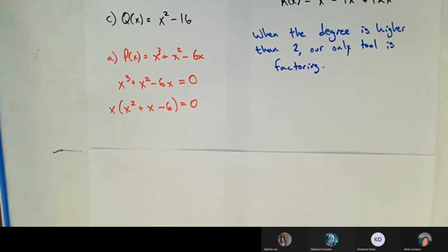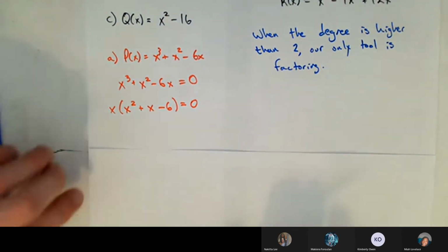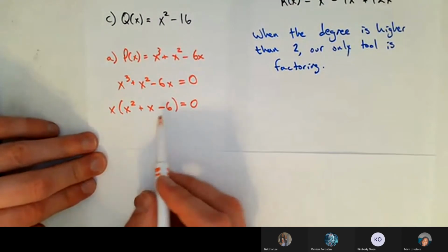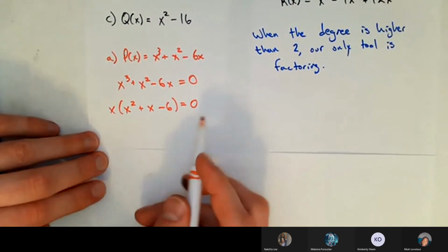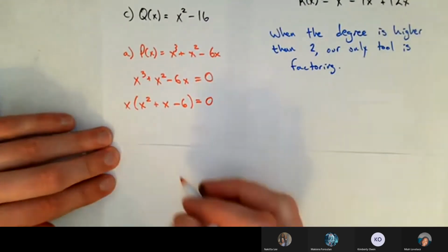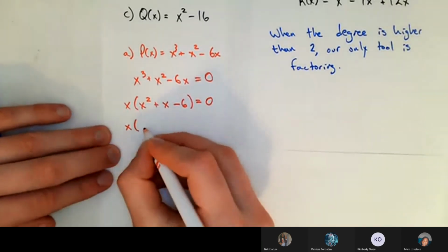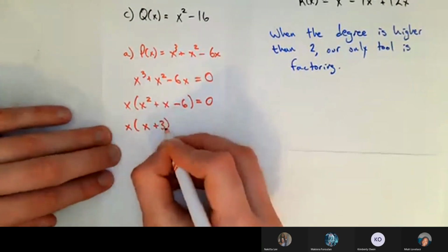Okay, any questions about that? You see what I did? Pulled an x off of all 3 of those terms. And then I say, oh wait, this is a nice quadratic polynomial now. It's fairly easy to factor. In fact, it's the one we just dealt with, so I know it can factor into x plus 3 times